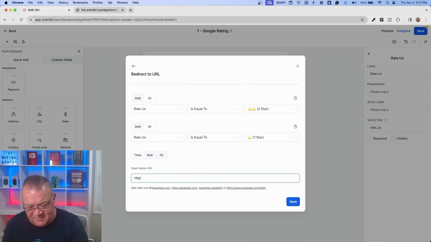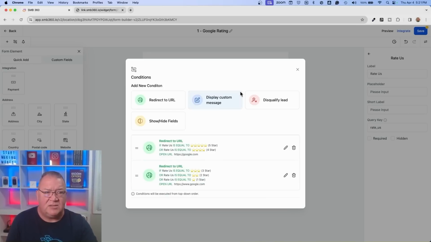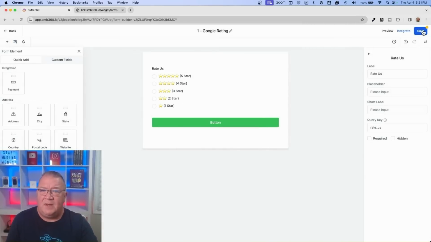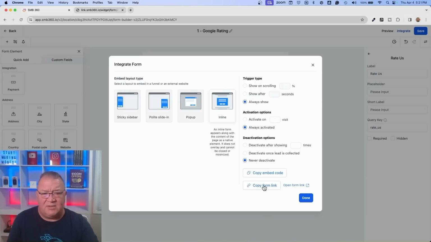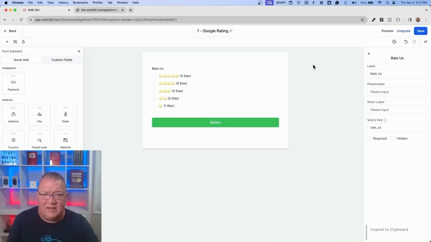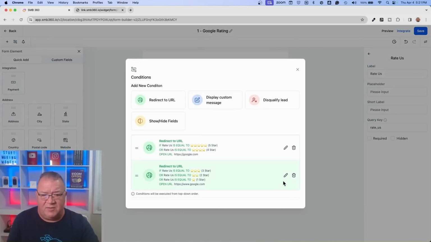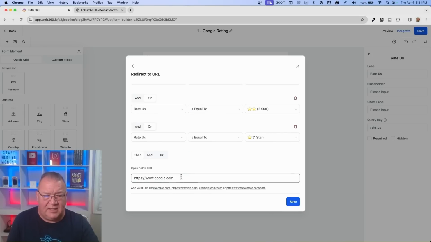Now, just to save this, I'm going to go ahead and just put Google just to have a URL here so we could save this. Now, if you're looking for this, if you come here to integrate and this is your second form, let's just say this is your customer feedback form, you would want to click on the integrate, and you would want to come in here and just say copy from link or copy form link. And once you copy the form link for this, then you can come back into your logic area. You can come back into your review management here, and then you can just simply paste your entire URL here